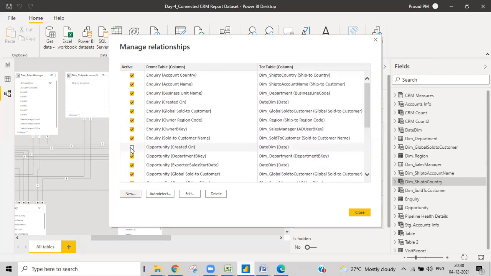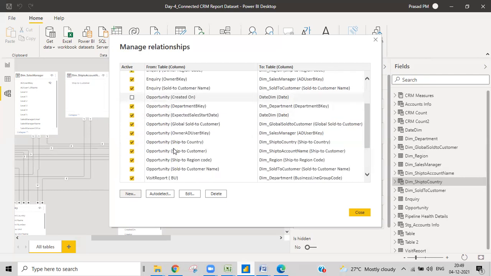Okay, and then we'll give a lot of relationships. Here is one other tip for you. In real time, we can't give more than one active relationship between two tables. Here, opportunity and dim date already have one relationship, so we can't give a second one, but we need to make a calculation based on this particular column.